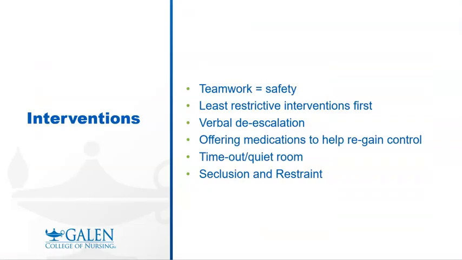When we look at interventions, again, most of these are very similar to an adult. Teenage girls are honestly one of your most dangerous patients in a psych facility, so we have to be on the lookout. We have to consider safety above all else. Least restrictive first. I want to try to de-escalate. I want to try to talk. I want to try to remove stimuli, distract, provide some type of other activity to do versus going straight to seclusion or restraint.